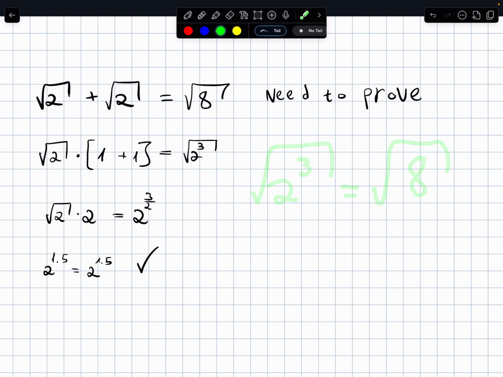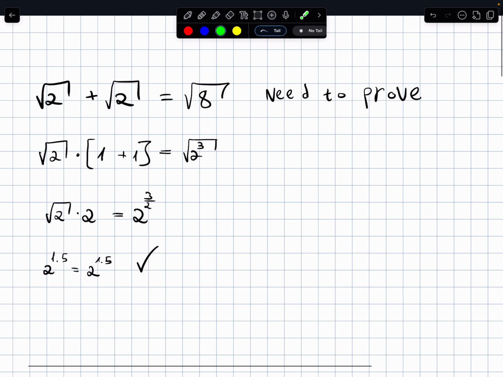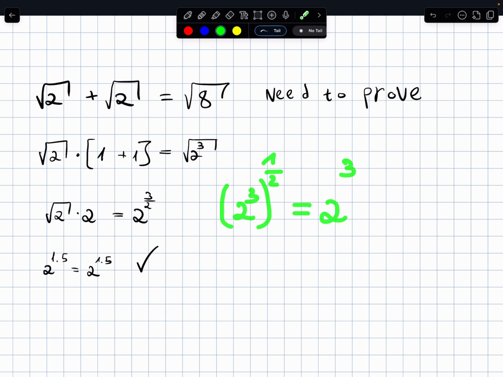Okay, so just so you know. And then we know that the square root of a number equals the number to the power of a half. Okay, and then I just multiply, because I can do 2 to the power of 3 times half equals 2 to the power of 3 divided by 2. Okay, so